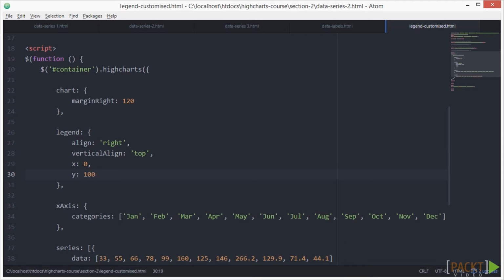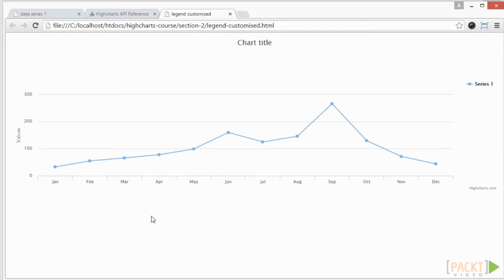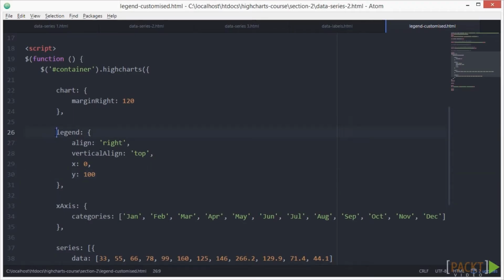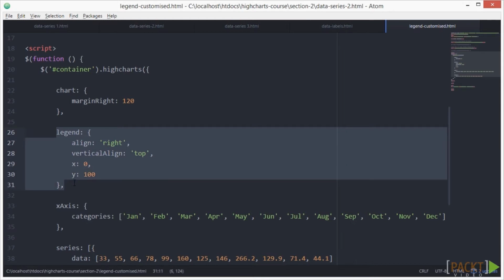Let's open up legend customized.html file in our code editor. The legend displays the series in a chart with a predefined symbol, such as a square or circle and the name of the series. The series can be disabled and enabled from the legend. Here, I've set a range of different configuration settings that can access from the Legend Configuration section of the Highcharts API page. For example,